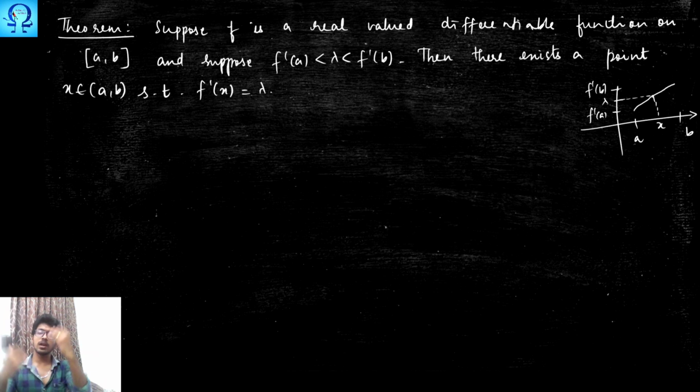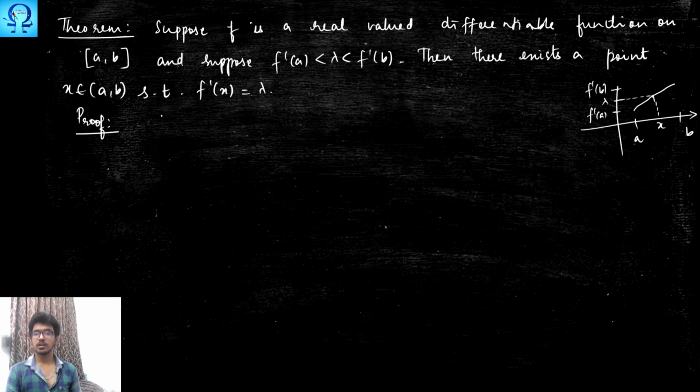This is what the continuity means. In between f prime of A and f prime of B, you can choose any point to be lambda. For all those points, you can find some corresponding x such that this happens. There is no break from f prime of A to f prime of B. This is what we are talking about with continuity. You may ask a natural question: what happens when f prime of B is smaller than f prime of A? Even in that case, this theorem is valid. We are not going to prove that case; I am telling you it is valid for the reverse case as well. Let us prove for this case.